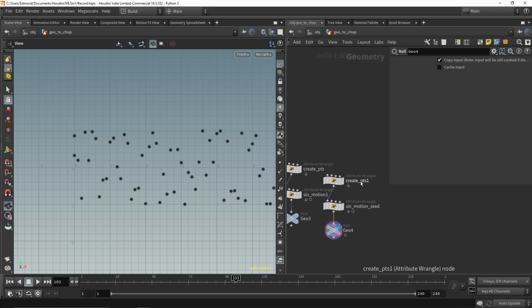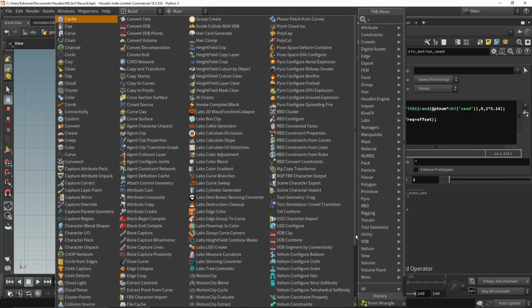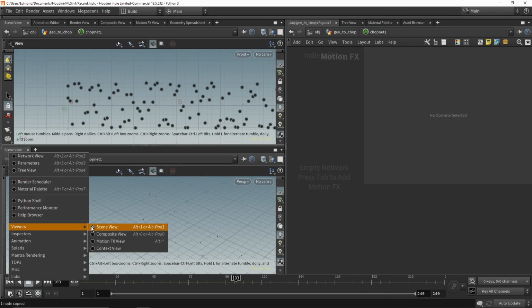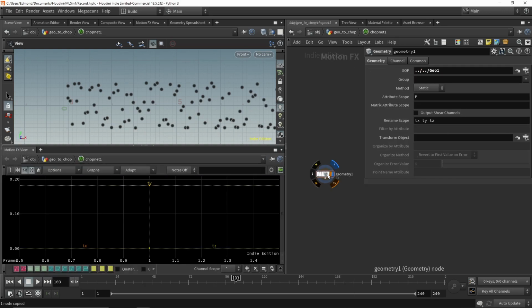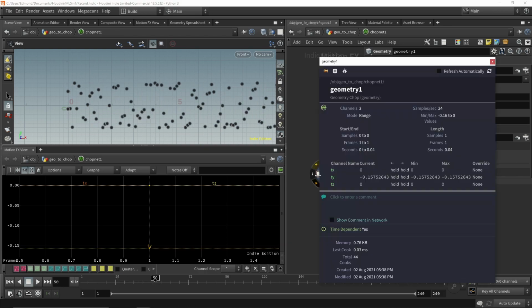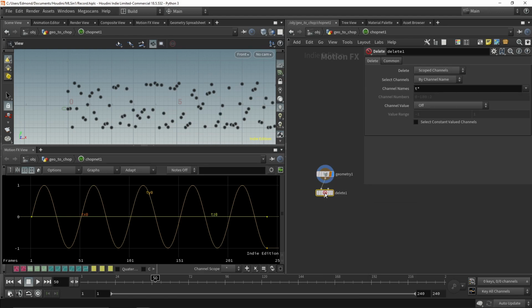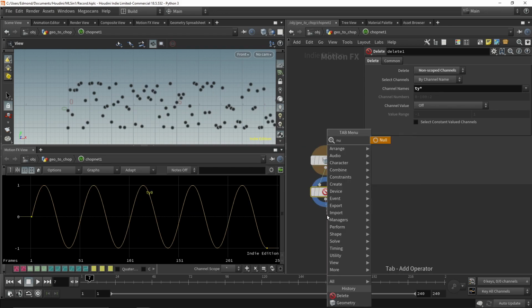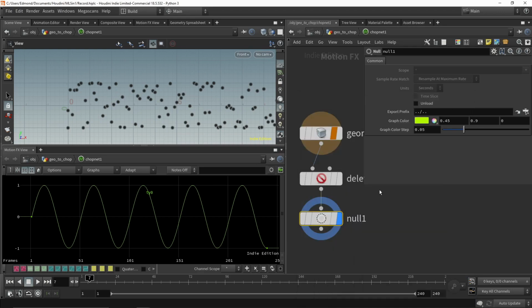Now that we have points going up and down, we can use the CHOP context to load their motion across the entire frame range into one node. I will start by loading the first example, where we have only one point. By default, the geometry node is in static mode, so it just takes the current value of the P attribute and puts it in 3 different channels. By switching to the animated mode, the node now imports the value of P across the entire frame range, losing the time dependency, and also displaying our sine wave.